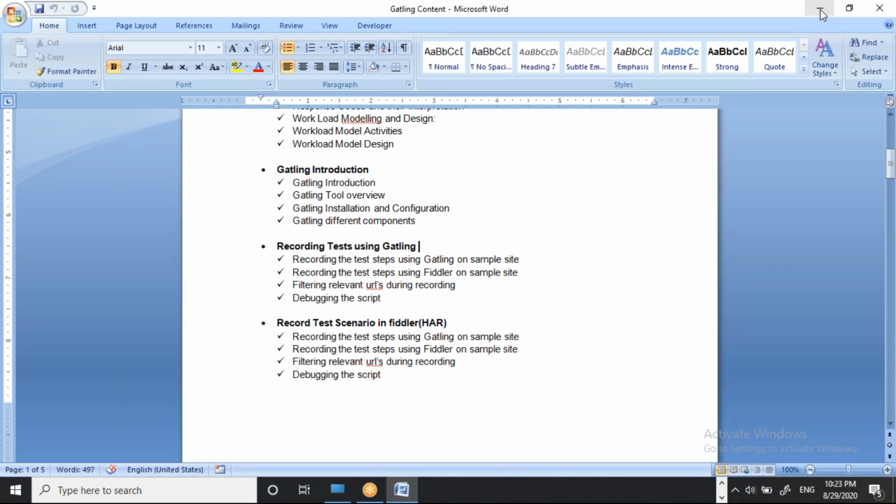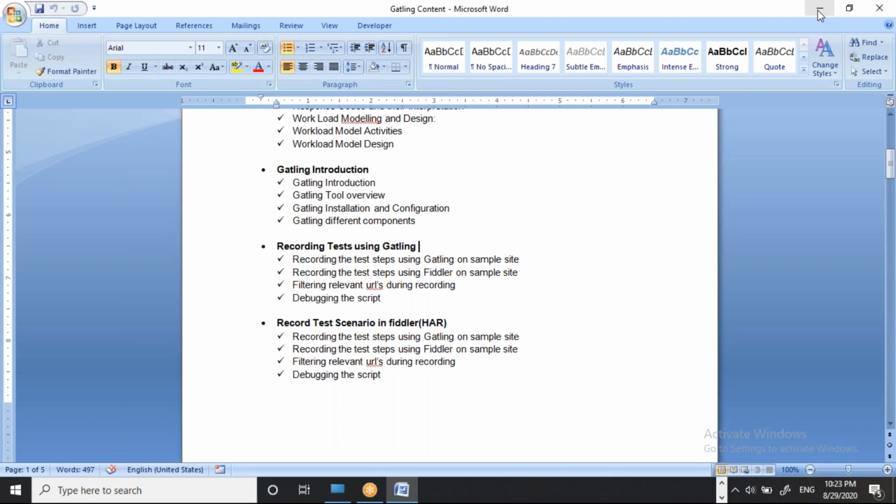You don't need to know the exact domain. You just have to know how to write your API or your request. That is the main thing you have to look at.